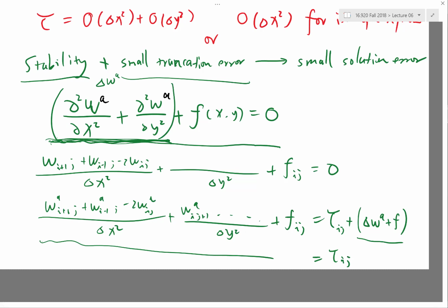So what that means is that now we can actually subtract these two equations. We have one equation satisfied by the numerical differential equation, another equation satisfied by the analytical equation. And the difference between them is, first of all, we are going to cancel this f, right? It doesn't matter what f is anymore. Now what matters is the numerical Laplacian operator operated on the difference between numerical and analytical solution, which is the solution error, right? The numerical Laplacian operator operated on the solution error is equal to the truncation error,